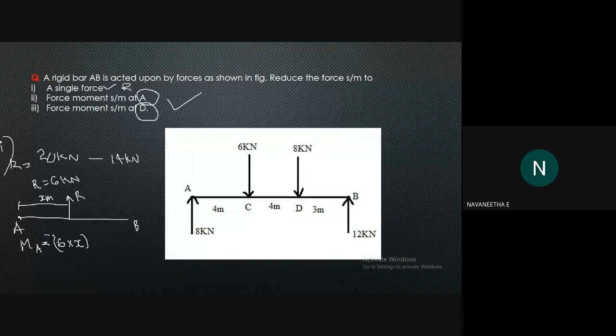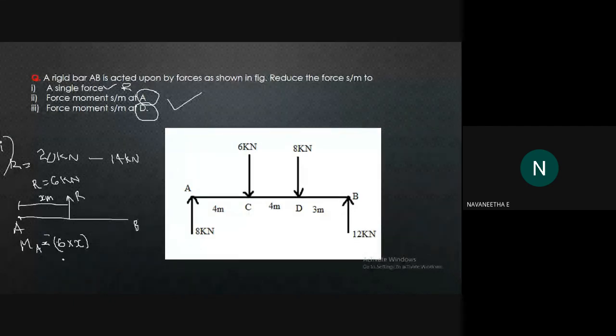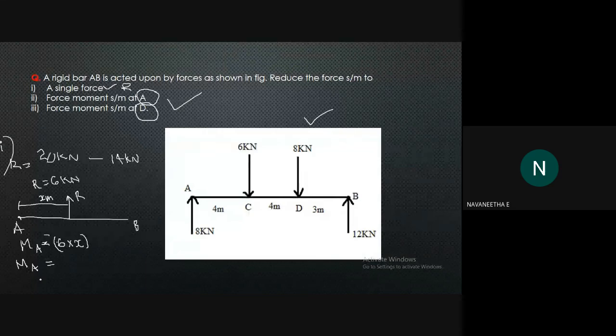Okay. Then while considering the entire force system, the figure in the question, what about MA? By considering the first figure, MA equal to the sum of the individual moments, okay? We don't have to consider 8 kilonewton because the line of action of 8 kilonewton is along point A. So we can neglect 8 kilonewton. We can consider all other three forces.